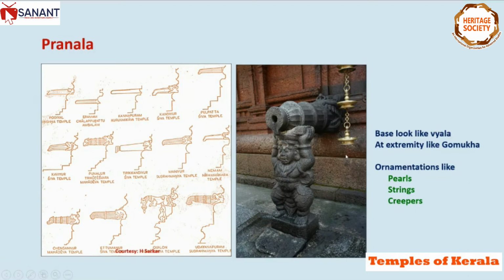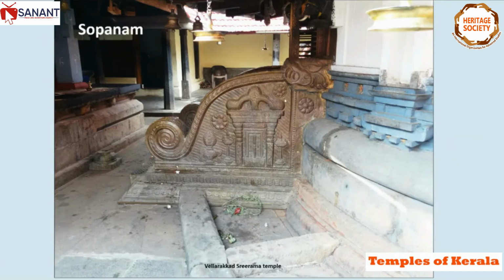It does have ornamentations like pearls, strings, and creepers. Now coming to the Sopanam, the flight of steps leading to the Shrikovil. So this is the Sopanam. Here is the Namaskara mandapam, this is the Shrikovil, and